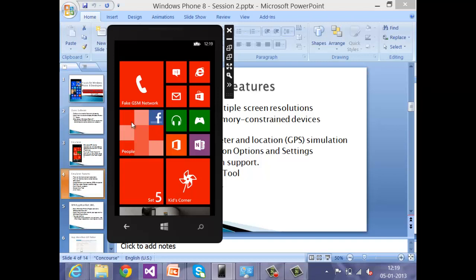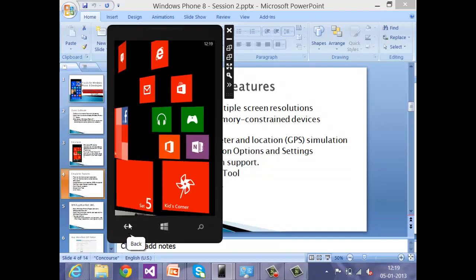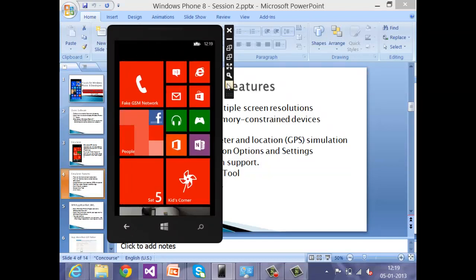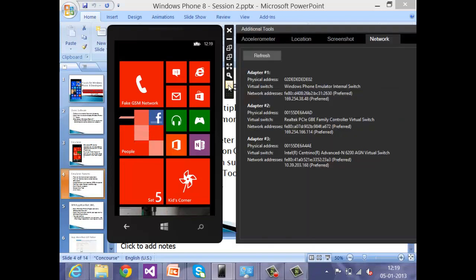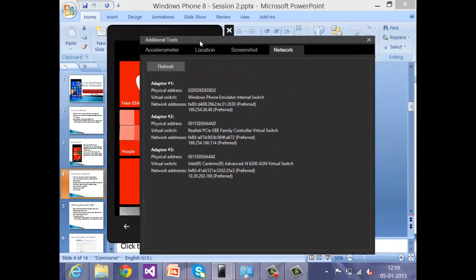You'll be able to see the People's Hub or fake GSM network, and you'll be able to browse from Internet Explorer. But apart from this, there is something called additional tools. When you hit this arrow mark, it shows you some kind of tools here.